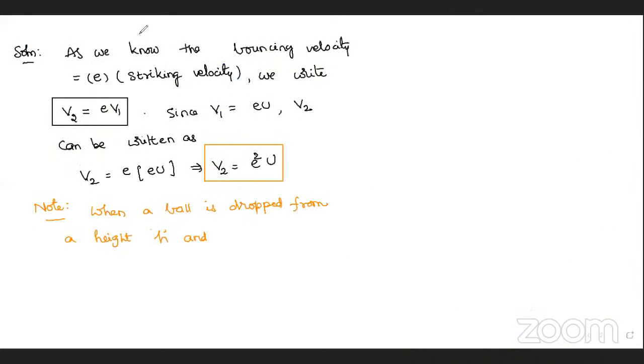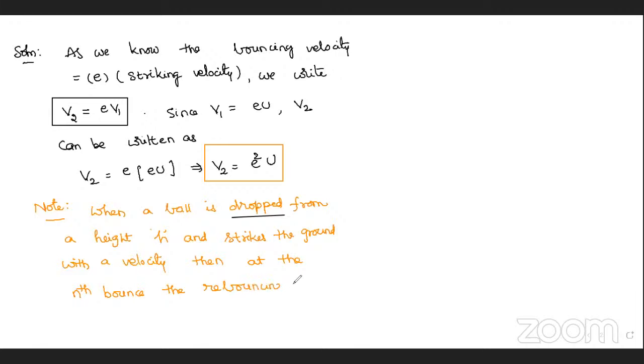So from a height h, better I underline that dropped word here. Dropped, I underline, not thrown. So from a height h and strikes the ground with a velocity u, then at the nth bounce, the rebounding velocity, bouncing velocity